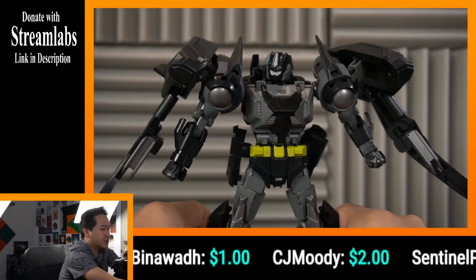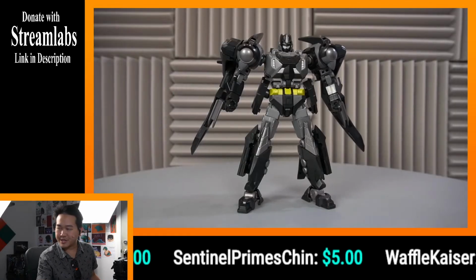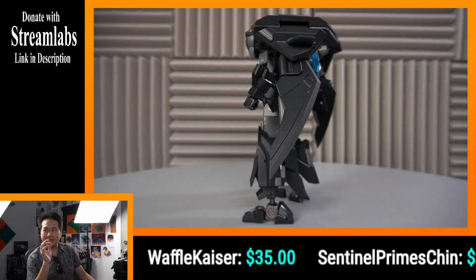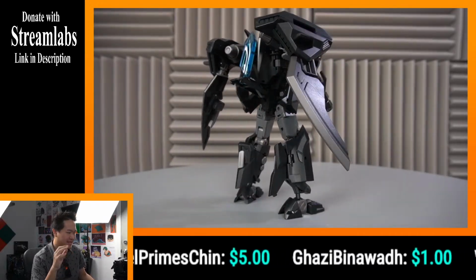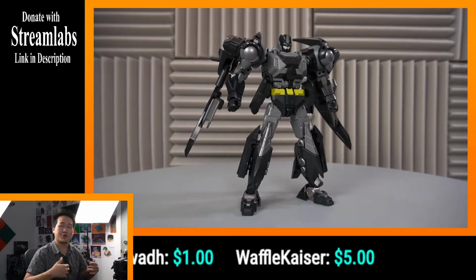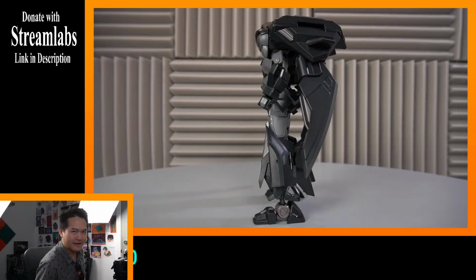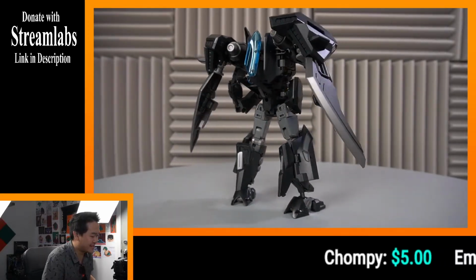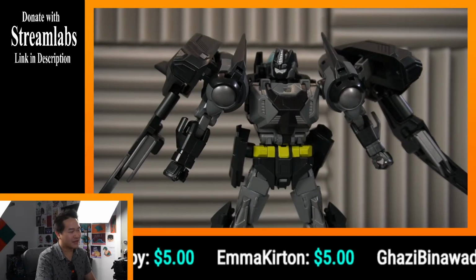How the sculpting is right now, how the design is right now, it doesn't immediately read as Batman. Does that make sense? It doesn't immediately jump out at you. It's like, this is a robot Batman. You gotta look at it again and be like, that's Batman, right? Yeah, that's how I feel about this figure. It's good, don't get me wrong. I do like how it looks, but